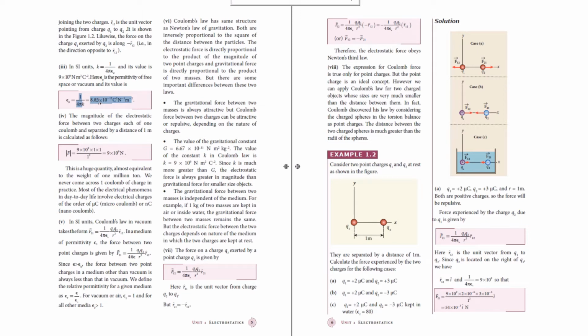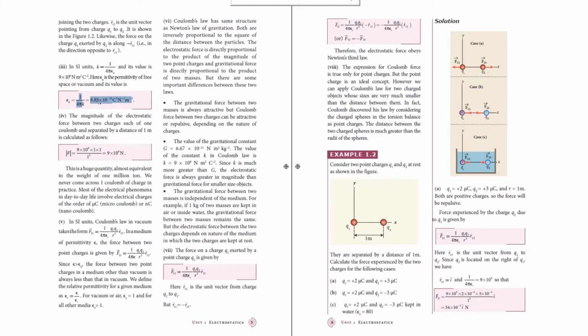This is the third aspect. In the first aspect of Coulomb's law, we were dealing with the formula: the force between two point charges is directly proportional to the product of the charges and inversely proportional to the square of the distance between them. In the second, we talk about the direction of the forces. When it is from Q1 to Q2, we write the unit vector as r cap 12. But if we speak of the force from Q2 to Q1, then you have to write it as minus r12 cap.